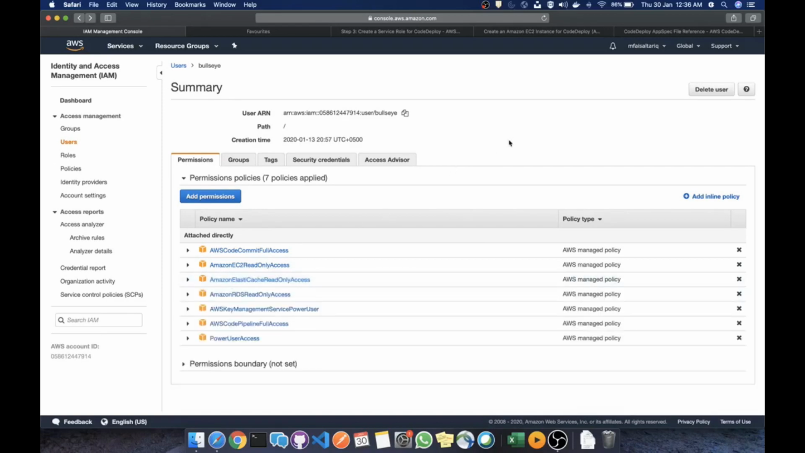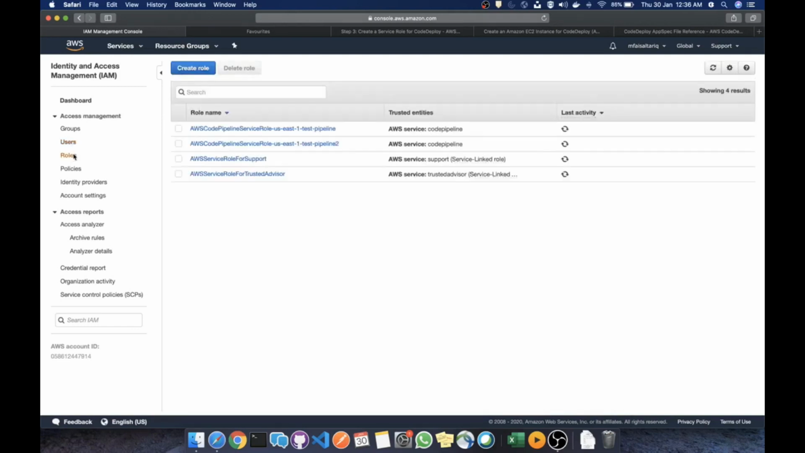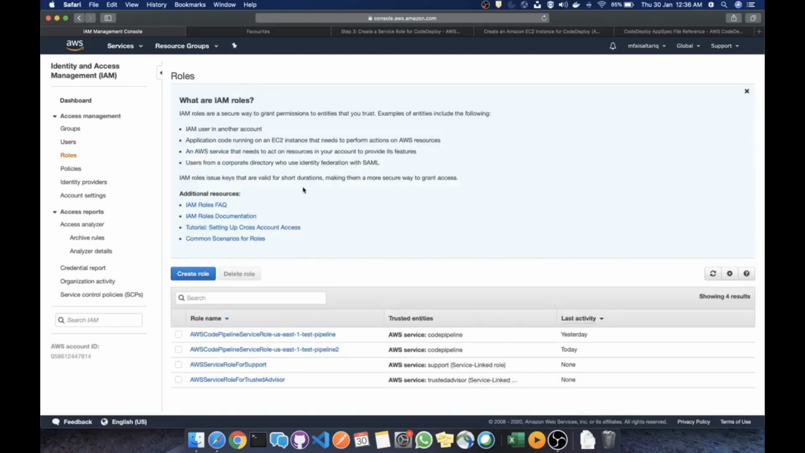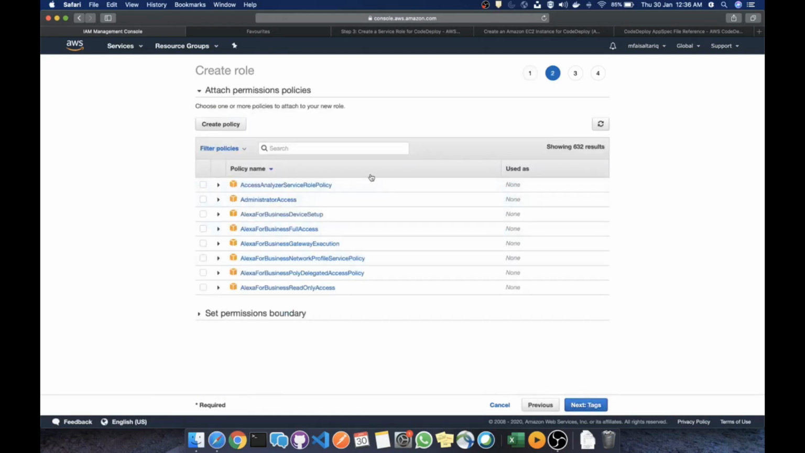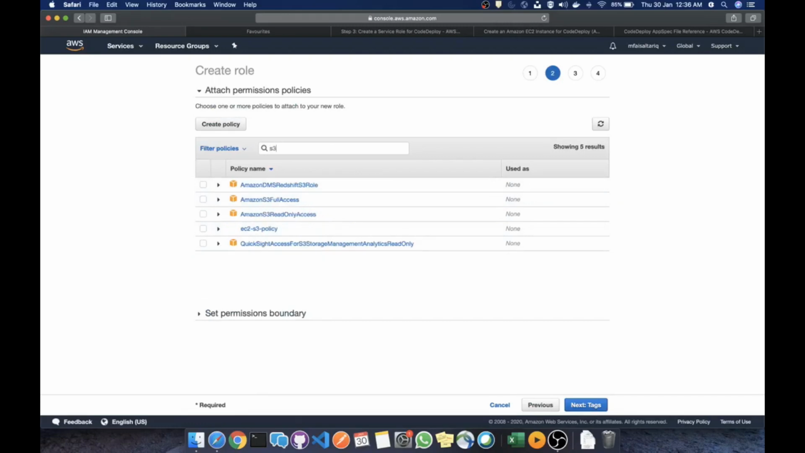Make sure that you already have the keys for this user and everything for this user already set up, and then we need to create some roles for it. In order to do that, I'll go into the role section, and the first thing I need to do is create a role for the EC2 instance in order to access the S3 bucket. So I'll search for S3 and I'll select this Amazon S3 read-only access,